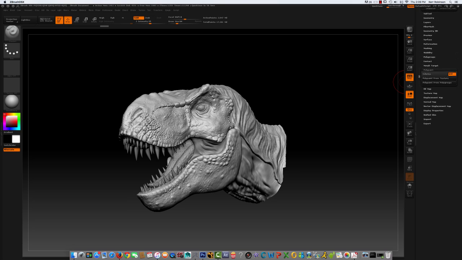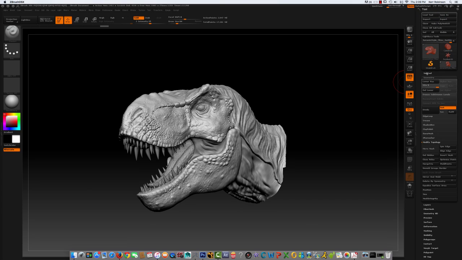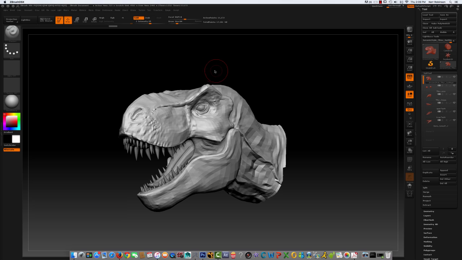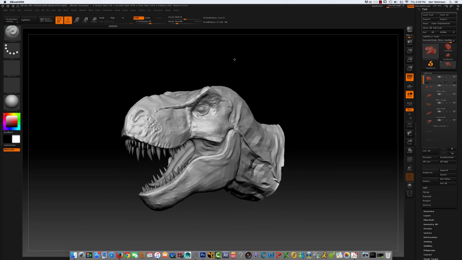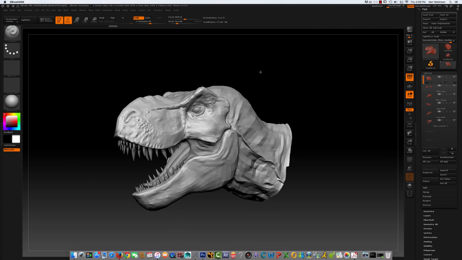So let's see here. If we take all our geometry, I'm going to pull down the subtool palette and go to all low because I have everything at its highest subdivision level right now. I'll go ahead and pause the video while this thinks about it. Okay, so we've now sent this model down to its low subdivision level. Now I should note that this model's already been retopologized,